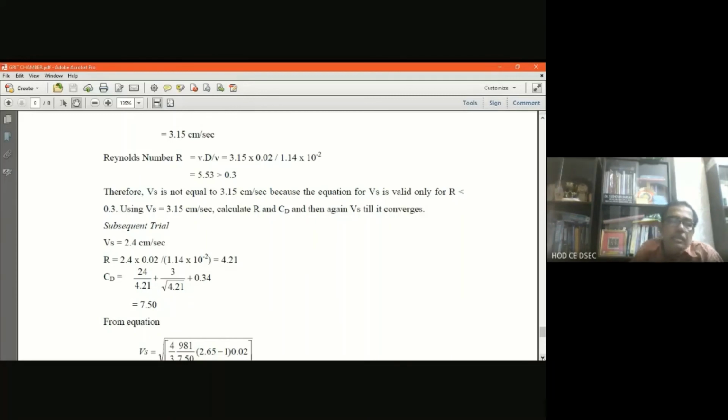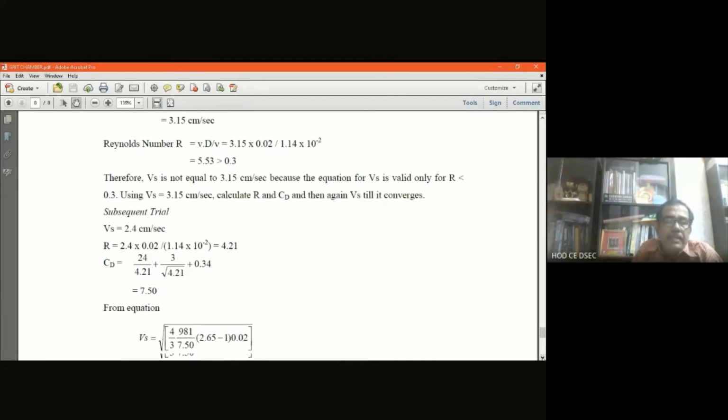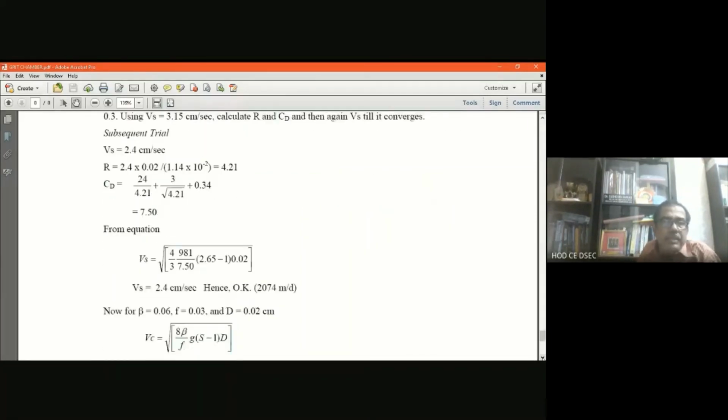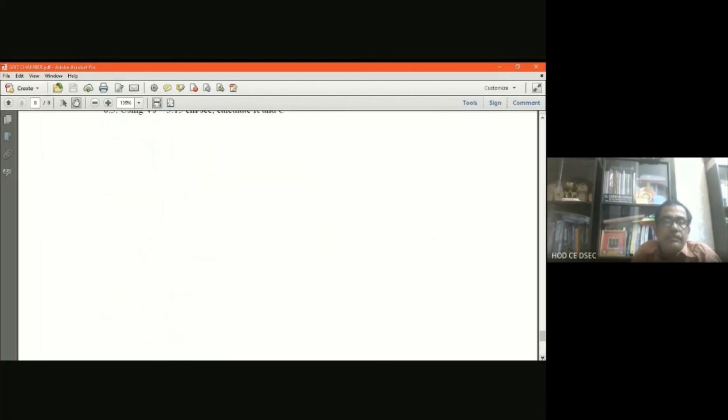Fine. Now from the equation Vs equal to that formula of drag coefficient, we calculate 2.4 centimeter per second, and we have assumed also 2.4 centimeter per second. So the value is okay. So our assumption trial is okay. So in this process, by trial and error, we can find out the settling velocity. And once the settling velocity is found out,